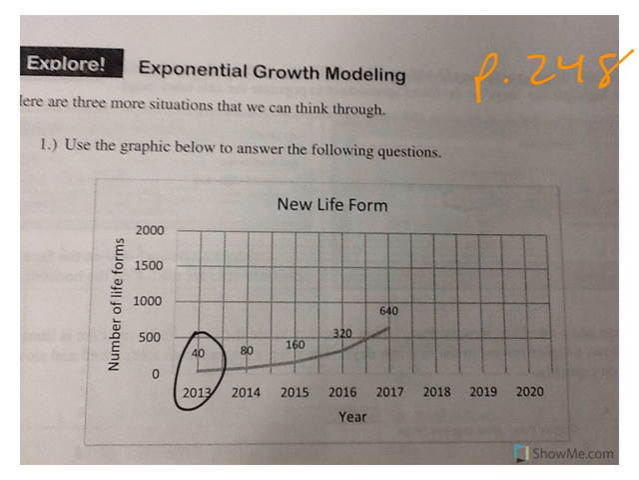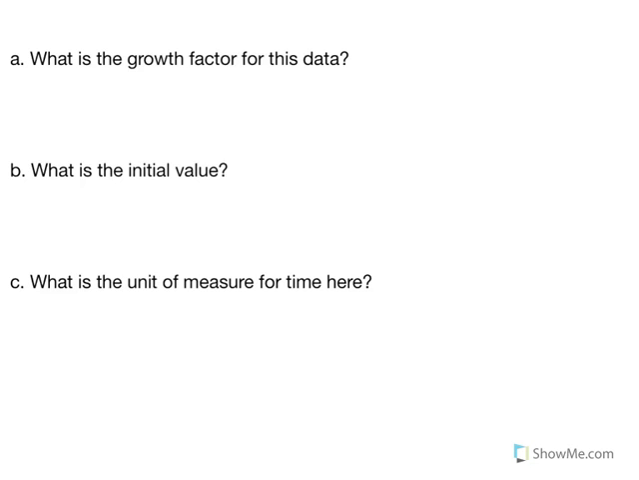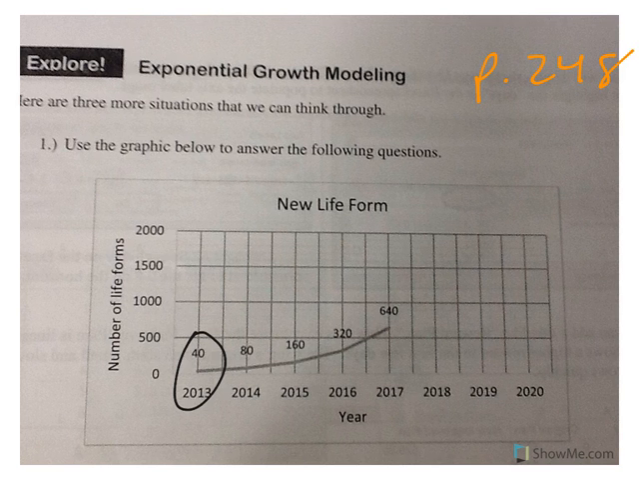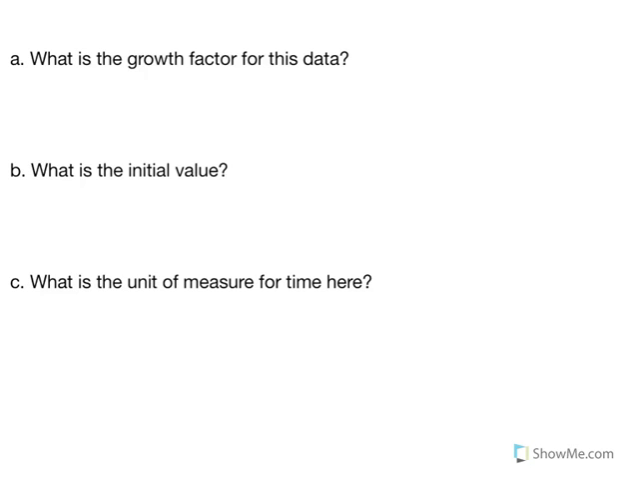So again, if you would like, you can try these on your own, but I'm going to go through all of them. So first, the growth factor. Now, to find the growth factor, we have to use two consecutive data points. So I'm going to go back and use 40 and 80, right? With 80 being my new and 40 being my old. So my growth factor is new over old, and I'm going to take 80 over 40,